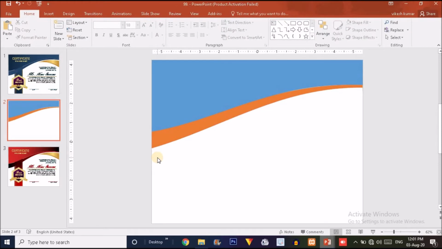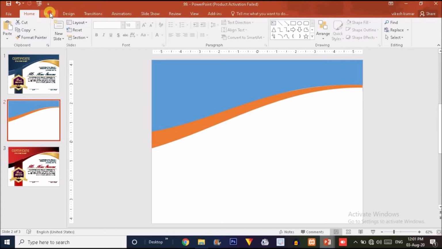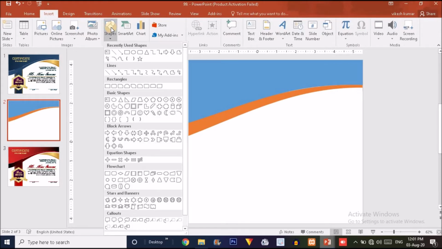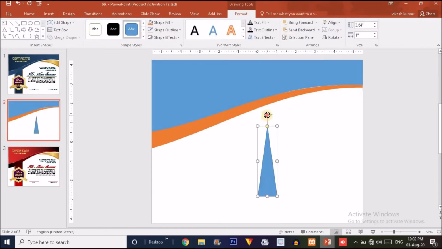Now this is ready. Now we'll create this type of effect, this type of shape over here. To do that, I'll click on the Insert option, click on the Shape option and choose this triangle over here. Drag a triangle, rotate left 90 degrees like this.